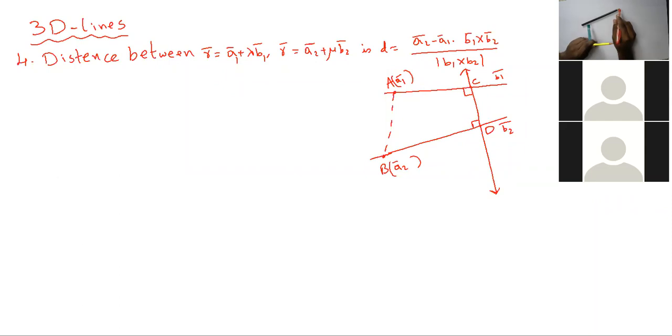If you observe closely, when you're writing AB, x2 minus x1 i cap plus y2 minus y1 j cap plus z2 minus z1 k cap, you will only write the distances that you need to travel along the x, y, z axis to reach from A to B. So that can happen between any 2 points, right? So the projection of this red colored pencil on the lead box, for that, if you know the equation of the vector along this lead box and the vector along this red pen, then you can use the projection formula and you can get the answer, right?